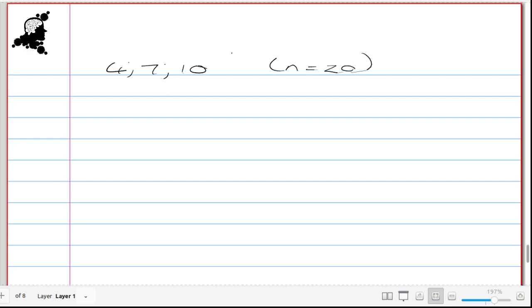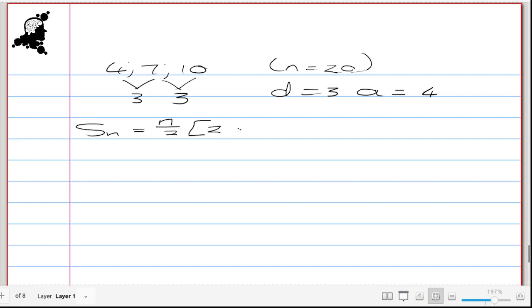So what we can do is, let's see, is this an arithmetic sequence? 10 minus 7 is 3. 7 minus 4 is 3. This is an arithmetic sequence. So D is equal to 3. The first term, which is A, is 4. So I can go ahead and say Sn is equal to n over 2 into 2a plus n minus 1 times d. This is going to give me